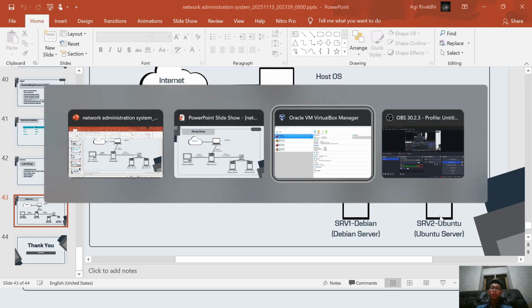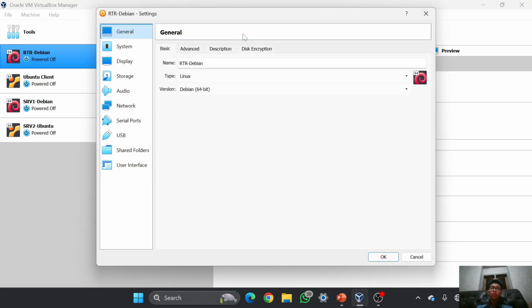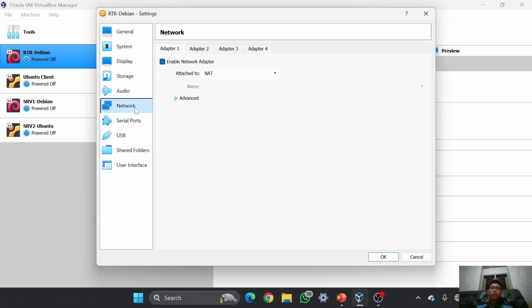So in here I will just open my VBox, and in the router Debian I will go to settings. Before you do the configuration, make sure that all of the VMs are shut down or powered off. And then I will go to network.